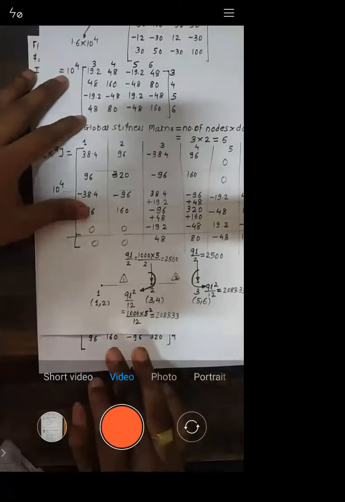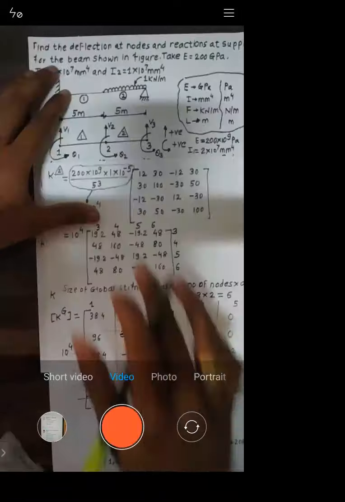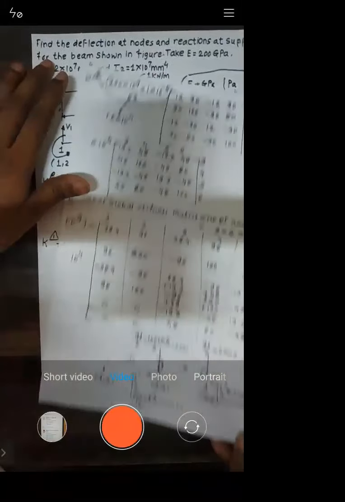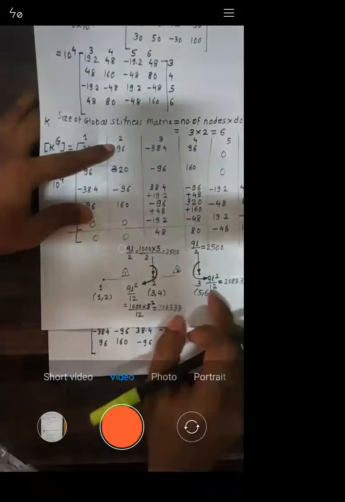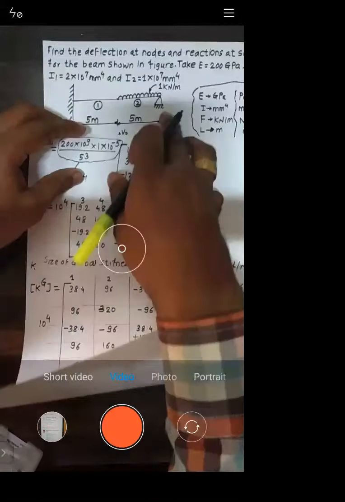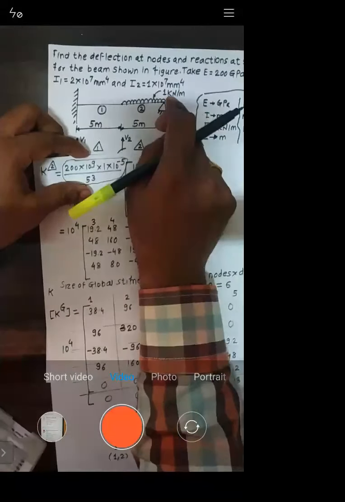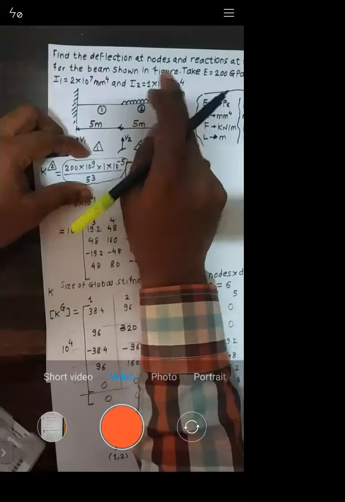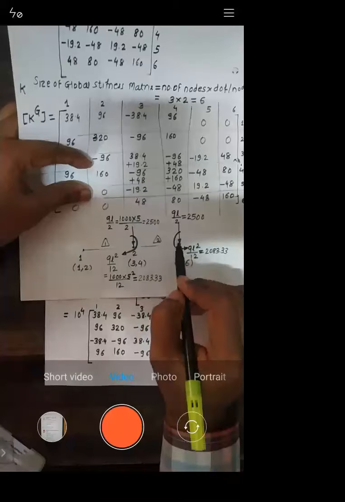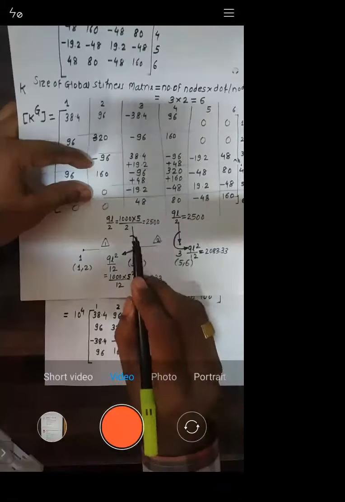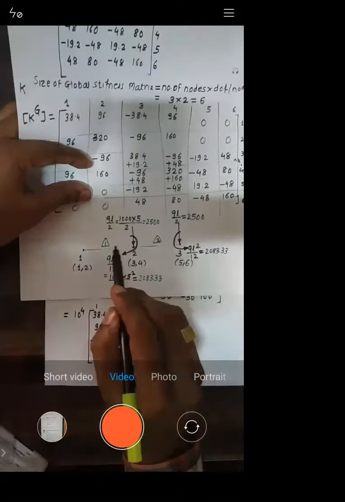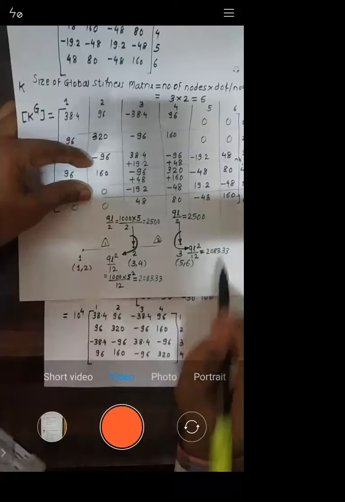Yes, sir. So basically what you have done is, you have converted this uniformly distributed load into point loads and moments. You converted this uniformly distributed load which was applied on element number 2 into point load and moment. It was 1000 acting on 5 meters, so it was 5000. Out of 5000, 2500 will act on node 2, 2500 will act on node 3. One moment you will get as clockwise, one as anti-clockwise. And the magnitude of that moment is QL square by 12.